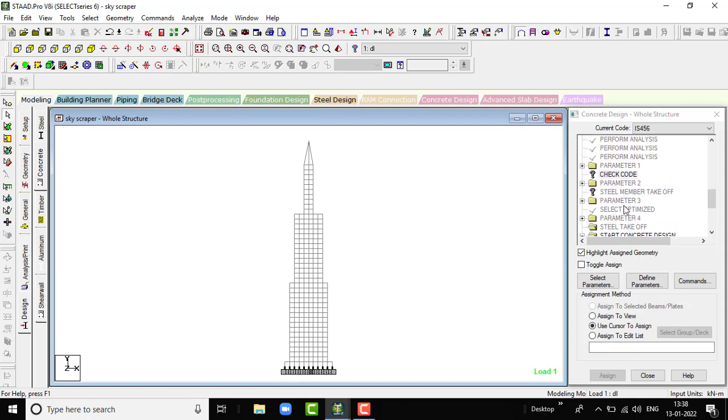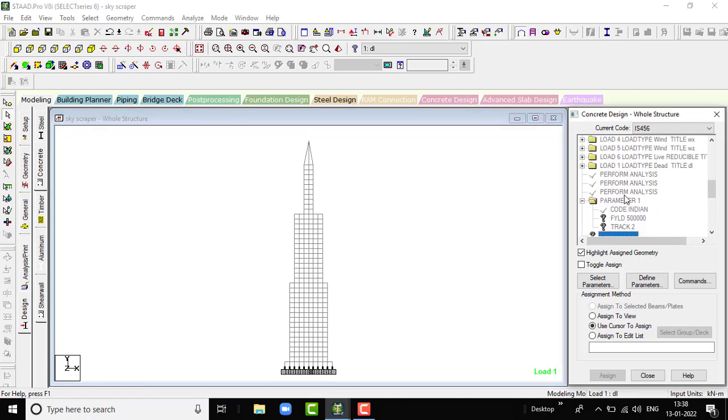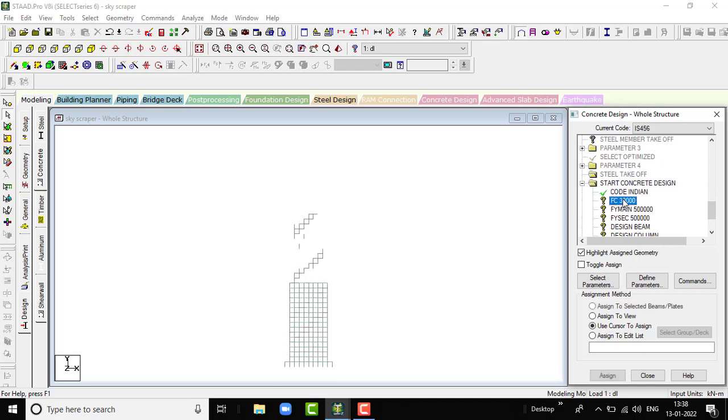So we have to give this yield strength, but let us give this one FCF yield strength. So click on this